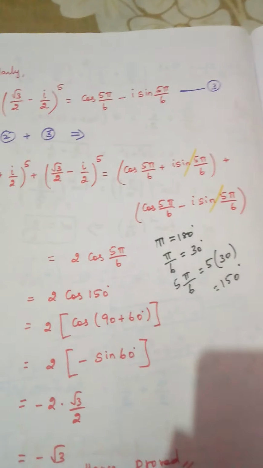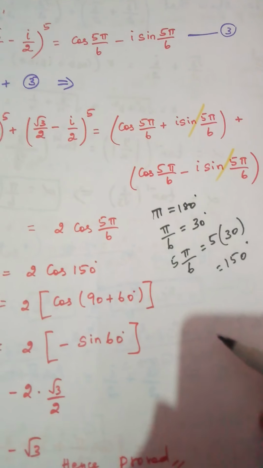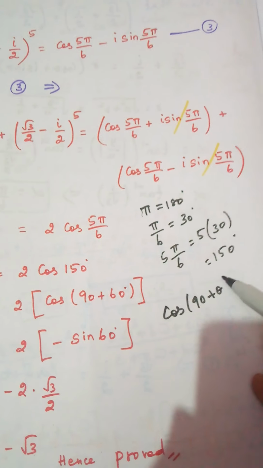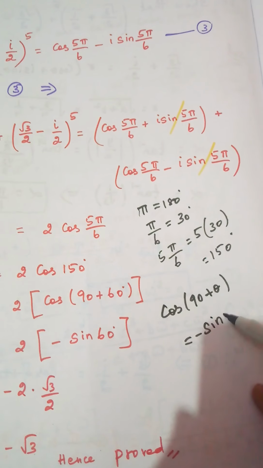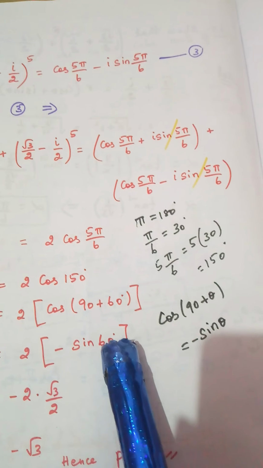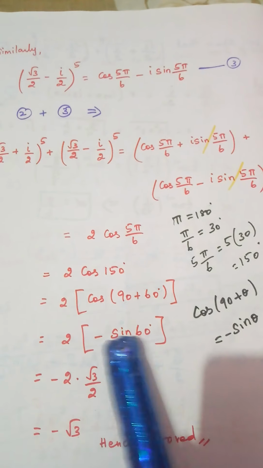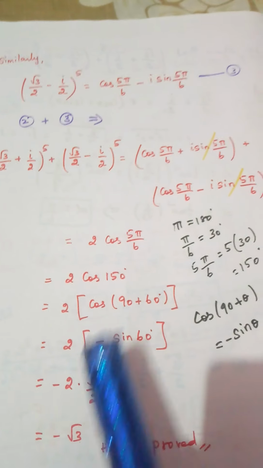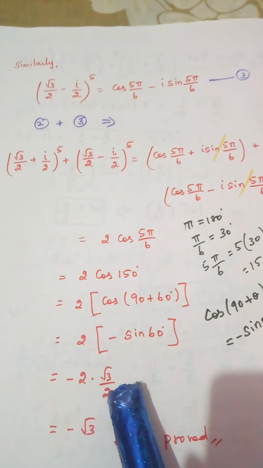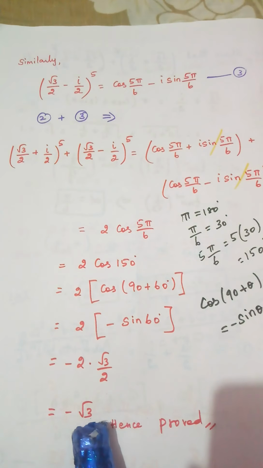Cos of 90 plus theta, what is the answer? Actually, you should say these immediately. I hope you would have said it now. Cos 90 plus theta is minus sin theta. That is why minus is coming here. Minus sin theta, what is theta? 60 degrees. So minus sin 60. Sin 60 value we know very well: root 3 by 2. Minus is written in front, 2 is written here, sin 60 is root 3 by 2, so the 2 gets cancelled. Answer is minus root 3. This is what the RHS is.